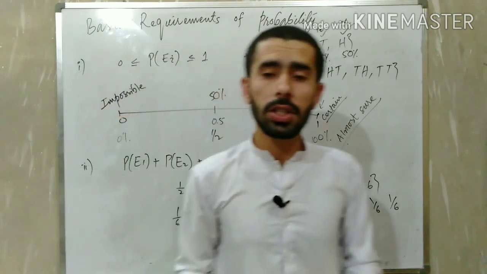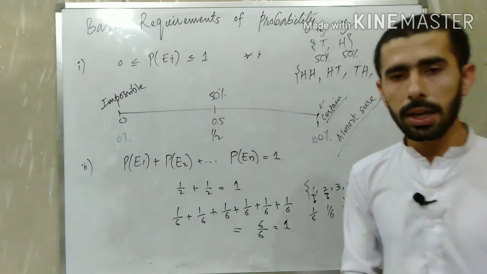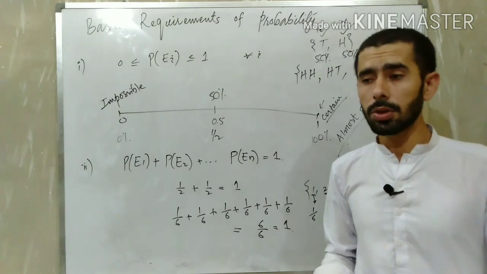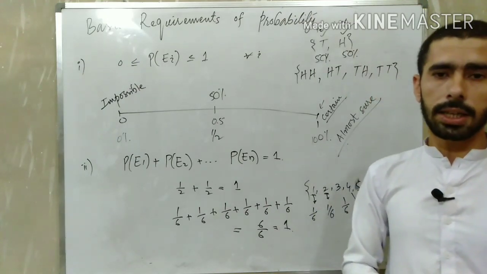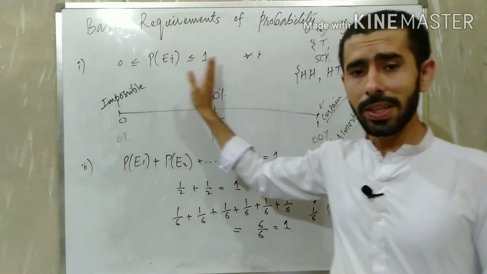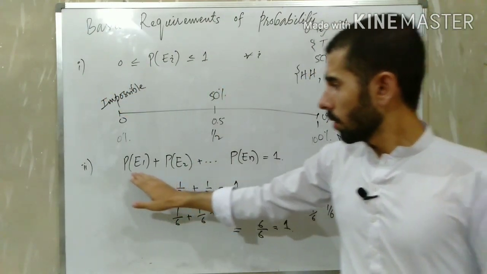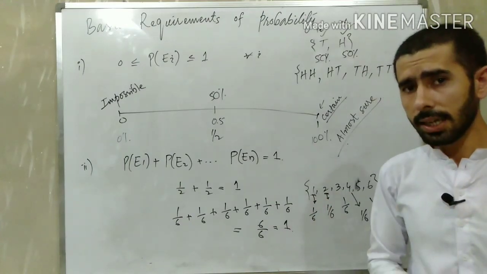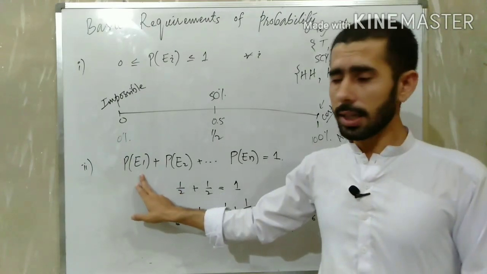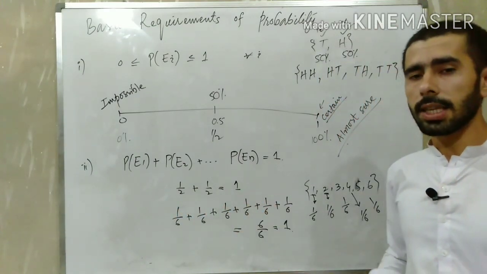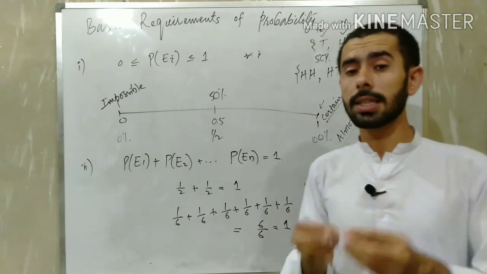सो जब भी हम प्रोबेबिलिटीज डिस्ट्रीब्यूट कर रहे हैं, प्रोबेबिलिटीज असाइन कर रहे हैं किसी भी इवेंट को, किसी भी पॉसिबल आउटकम्स को, हमें ये चीज जरूर याद रखनी है, हमें ये चीज जरूर ध्यान में रखनी है कि उसकी प्रोबेबिलिटी 0 से कम ना हो, 1 से ज्यादा ना हो। और जब भी मुख्तलिफ इवेंट्स को, मुख्तलिफ आउटकम्स को प्रोबेबिलिटीज असाइन कर रहे हैं, तो ये बात जरूर याद रखें कि जब उन सब प्रोबेबिलिटीज का टोटल किया जाए तो वो टोटल 1 से ज्यादा ना हो, 1 से कम ना हो, वो एग्जैक्टली 1 हो।